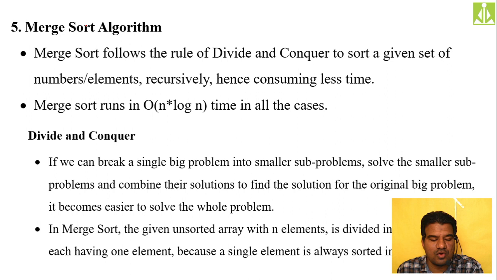How? See, let us say you have 10 elements in your list. Now you are performing the merge sort algorithm. We said we need to follow the divide and conquer strategy, so we need to divide the given list into partitions, sub parts. So we divide the 10 elements into 10 sub partitions, where every part is going to have only one element. If you have only one element in the list, by default it will be in sorted order, isn't it? If you have only one element, what are you going to sort over there?